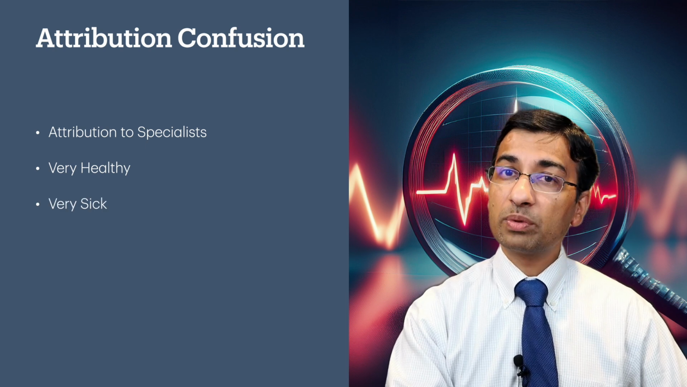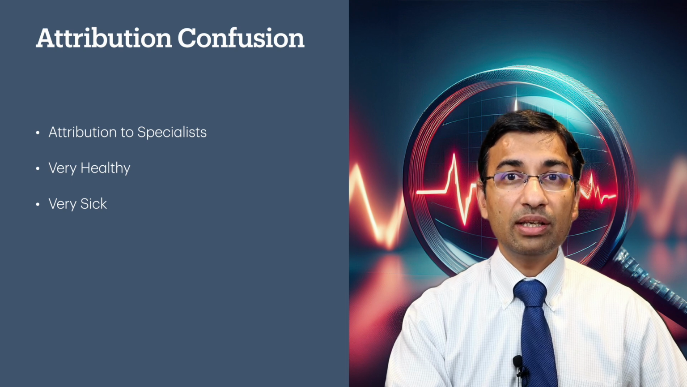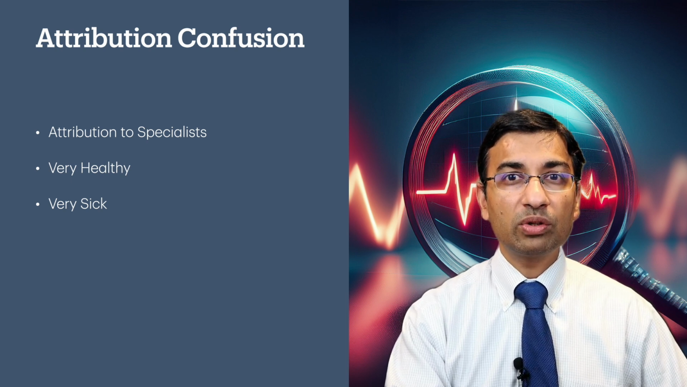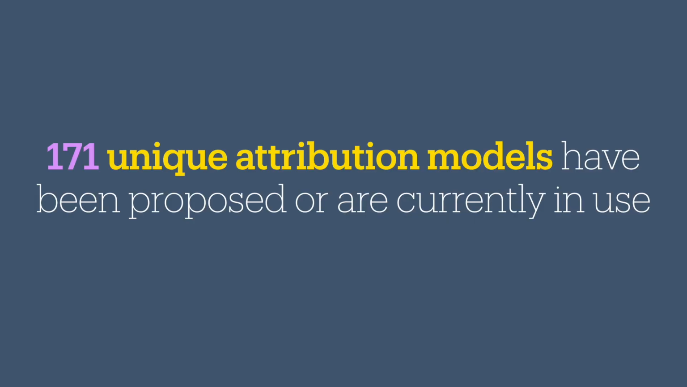For example, those with end organ damage. These people are predominantly managed by specialists. Yet, under most attribution models, these people are still attributed to their PCP if they saw their PCP even once during the measurement year. To make the attribution confusion even worse, there are 171 unique attribution models that have been